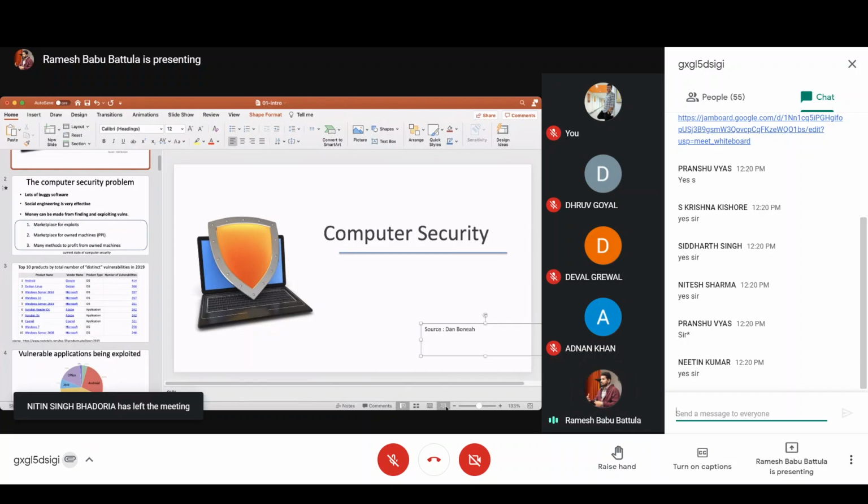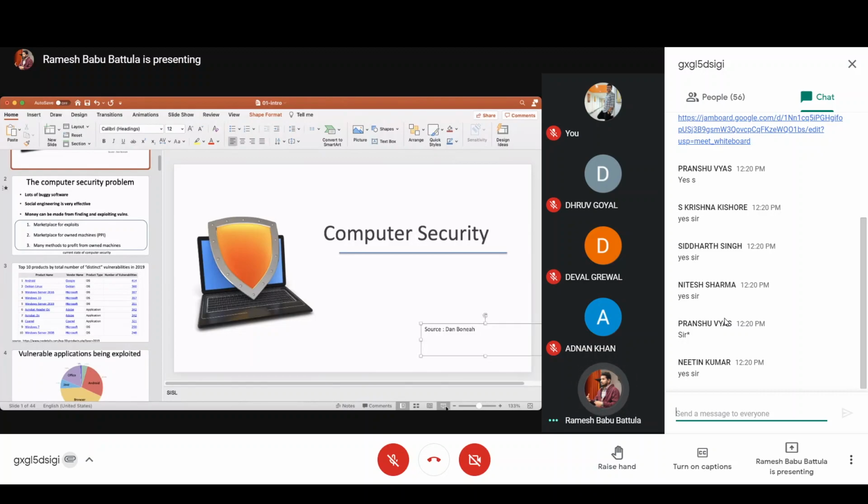We'll see how this is going to be vulnerable. You may observe that most of the attacks are based on the browser, browser-based attacks only. Why? Because, I might have told you in the class, the browser is also treated as an operating system. It's a kind of operating system, because it does a lot of work for us. That's why most of the problems are related to the browser only.